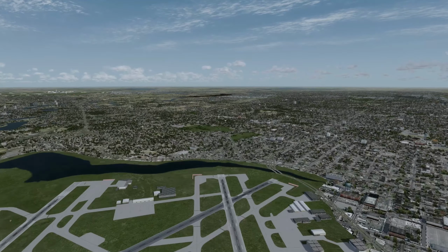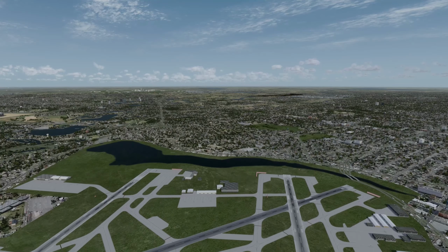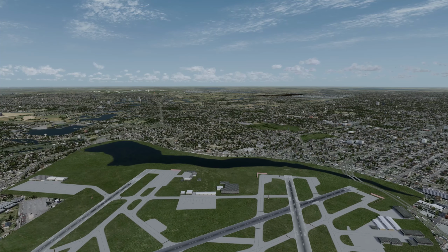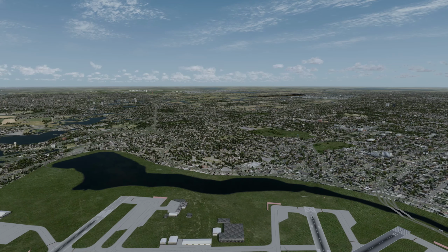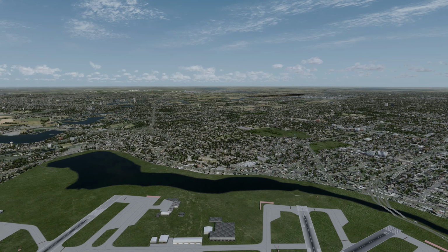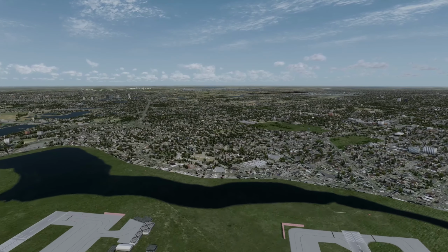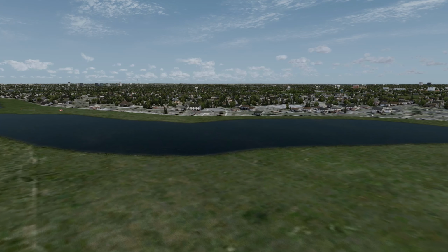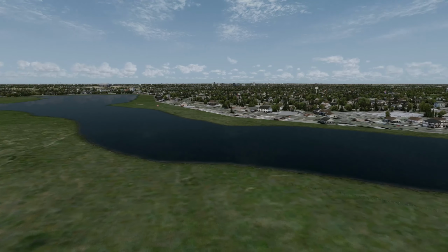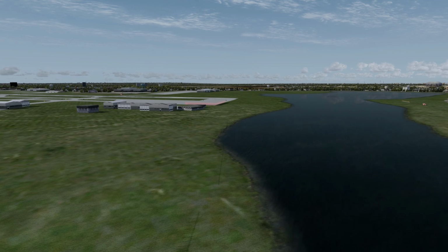Now, I'm actually fairly familiar with part of this airport, which is the Bachman Lake area. That's the lake here at the foot of the runways, 1 through left and right. And let me zoom down to this. It really helps to have familiarity with the area before you get started, because you can see really quickly where the problem areas are, what you're going to need to change. If we get down really low here, you can see